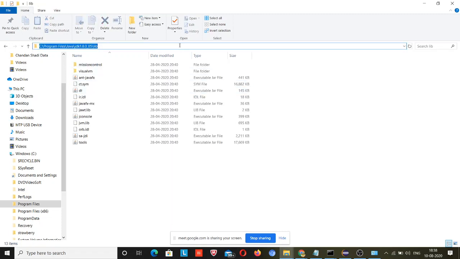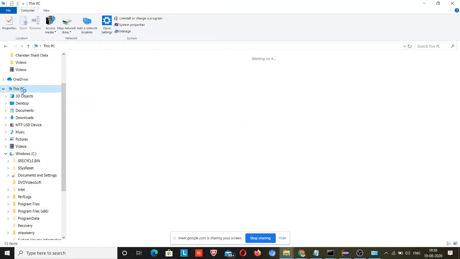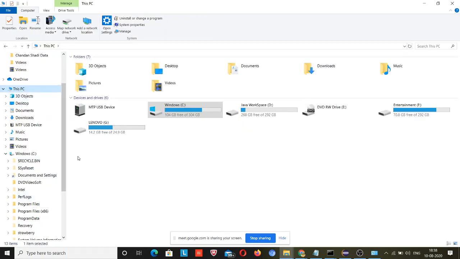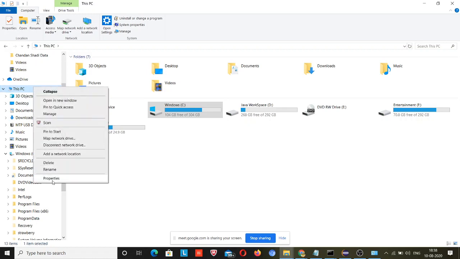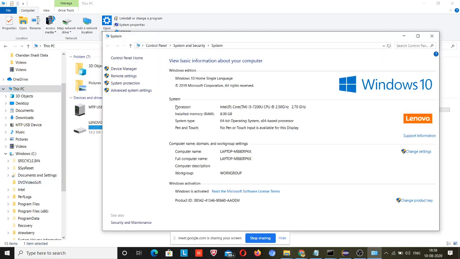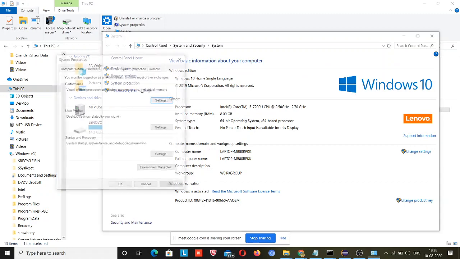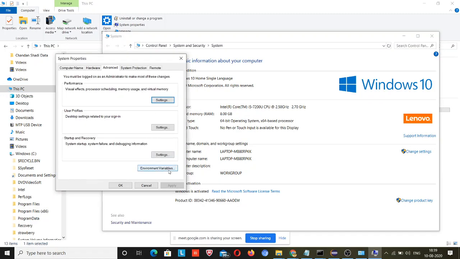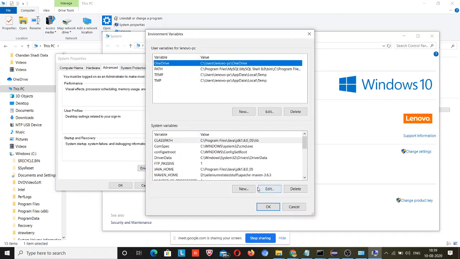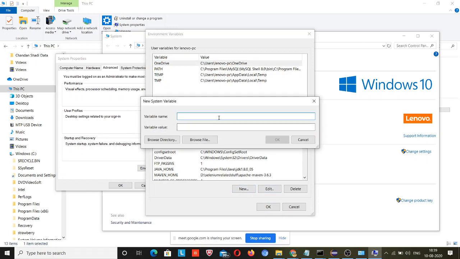Just copy this path, come back to that environment variables. Just click on This PC, right click, properties, advanced system settings, environment variables, new, type here classpath.